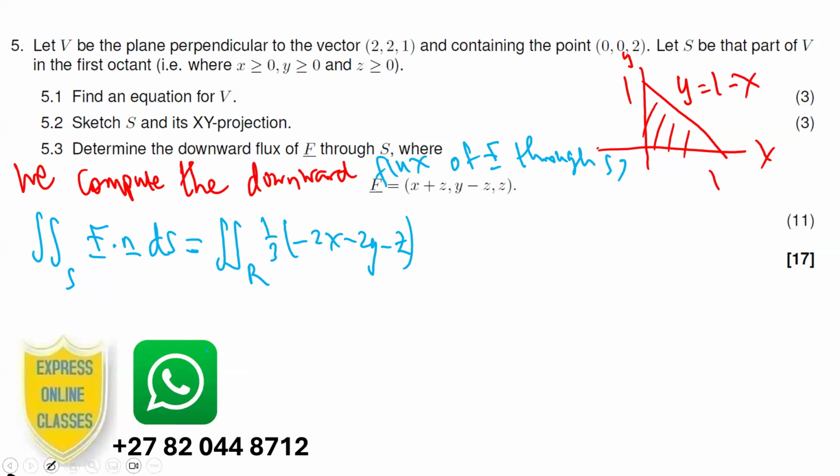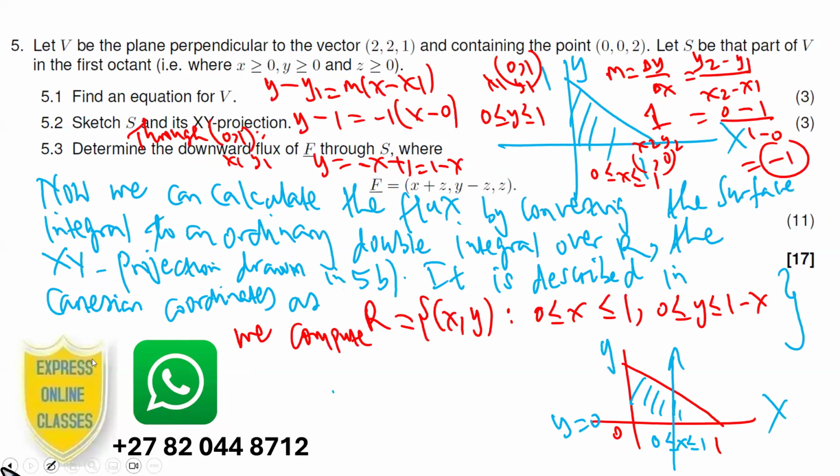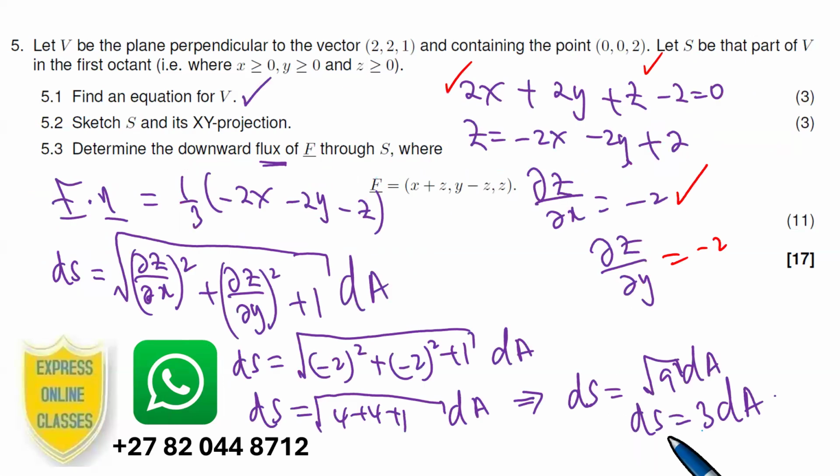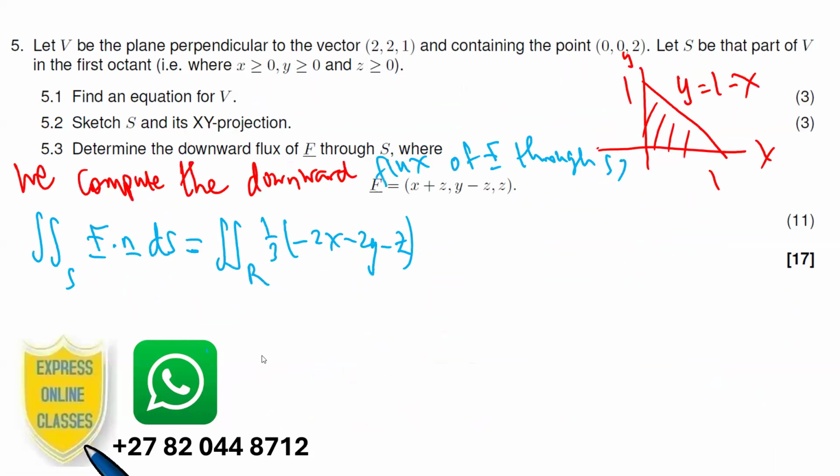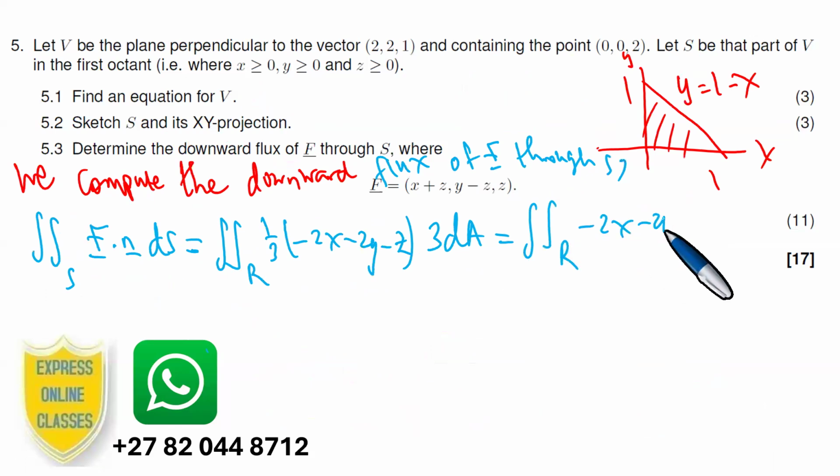What is dS? dS is 3dA according to this formula. So wherever dS appears, we're going to put 3dA, meaning this 3 is going to cancel this one. For the outward flux, we found the double integral over the region R of minus 2x minus 2y minus z dA,